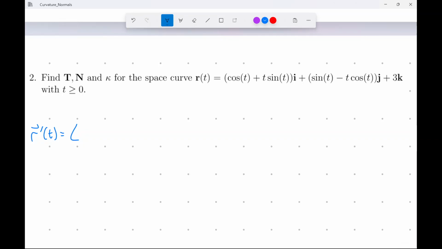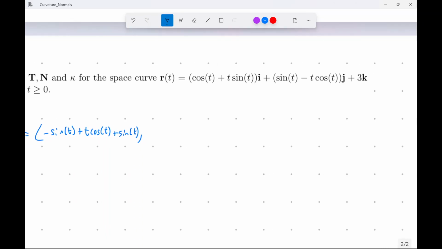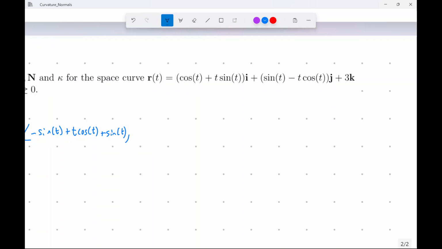Okay. Derivative of that is negative sine of t. The derivative of this, we'll use the product rule. So that's going to be t cosine of... Oh, wait, sorry. Plus t cosine of t, plus sine of t. That's just the product rule. First times derivative of the second plus second times derivative of the first. Okay. This next one is going to be derivative of sine is cosine, and then we'll do the product rule again to get